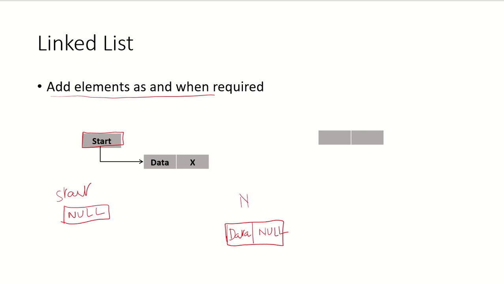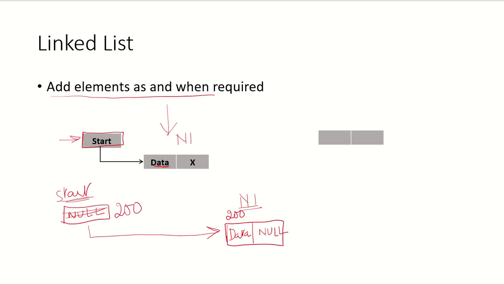Since this is going to be our first node, this start should point to this node. Suppose this node was created at memory address 200. So if we put 200 in this pointer variable start, it will start pointing to this node n1. So this is the current status of the linked list: we have added a new node and updated the start or the head pointer to point to the first node.